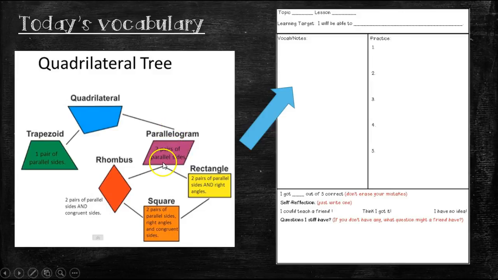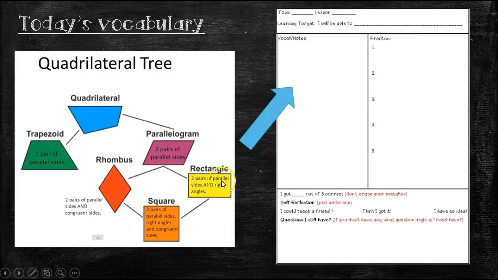Now coming from the parallelogram, we have to the left a rhombus. A rhombus has two pairs of parallel sides and congruent sides. Remember, congruent is just a fancy word for equal. And then to the right of the parallelogram, we have a rectangle. And that tells us that all rectangles have two pairs of parallel sides and right angles. So here we have the two parallel sides, but each of these is a right angle,